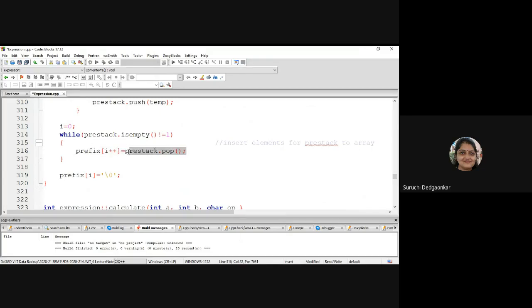We are copying everything from pre-stack and our prefix expression will be created from that. So this is the final thing, that we are reversing the expression. From pre-stack we are retrieving everything and copying into our required prefix string.